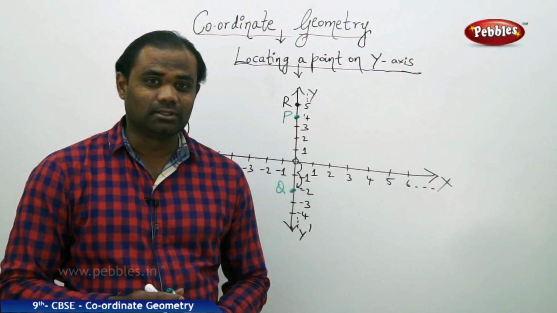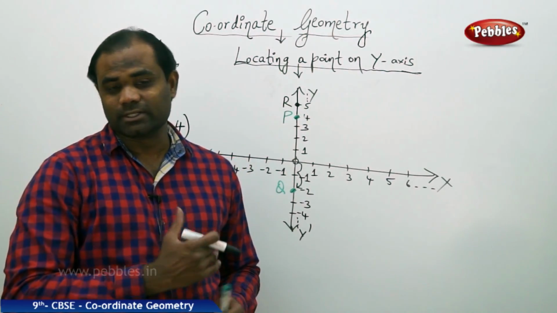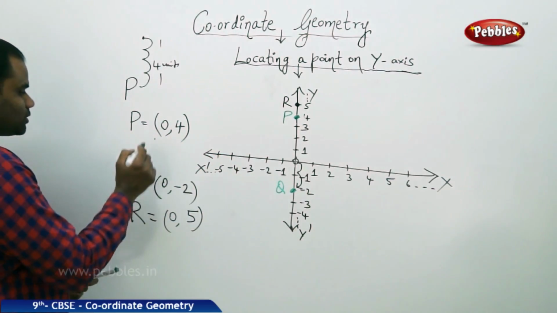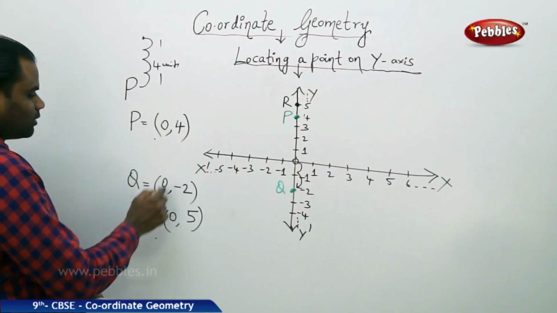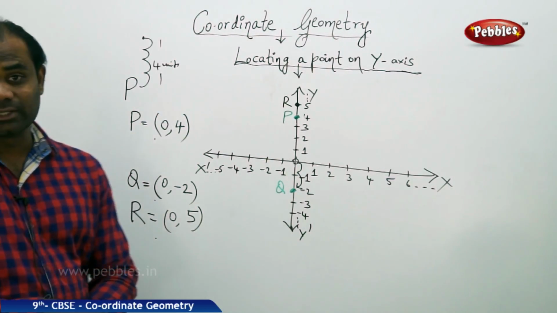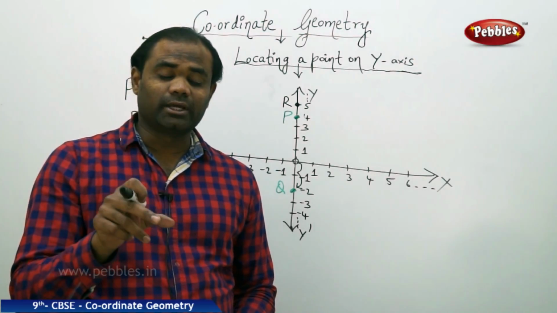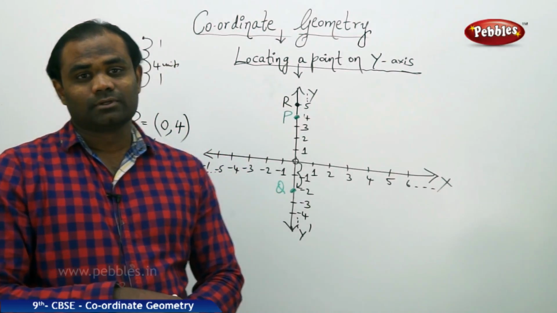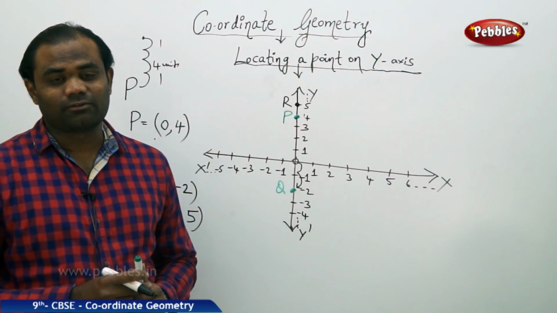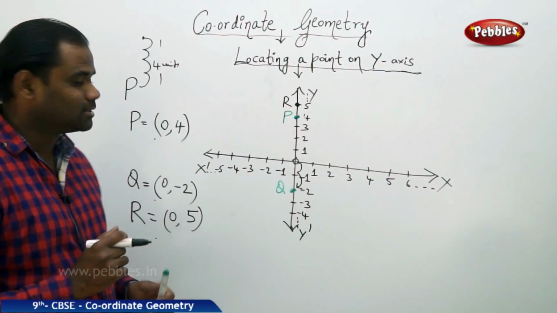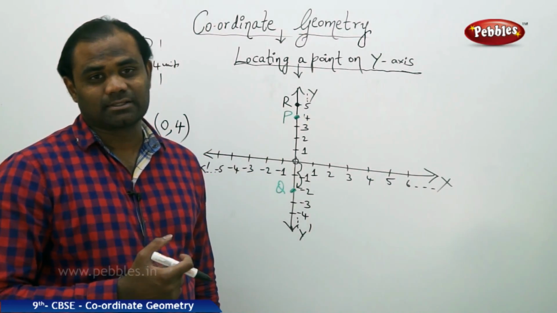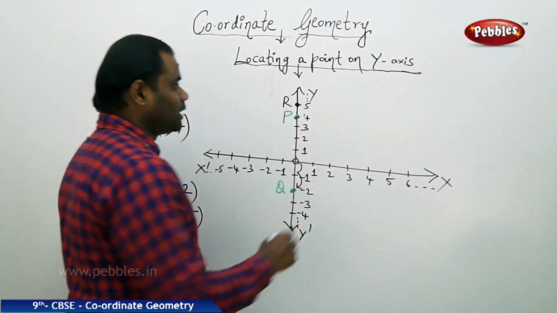Now comes the question, what is the outcome of this investigation? As clearly we see that in each of the outcomes, the x coordinate is 0 and the y coordinates change accordingly with the position or the locating of the point. So each of the x coordinates being 0 implies that for every point on y-axis, the abscissa will be 0, unlike the x-axis. So here I note